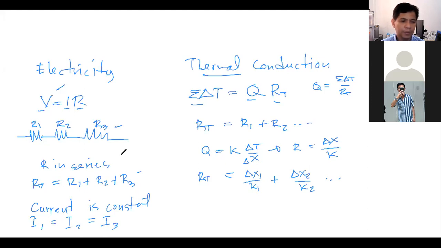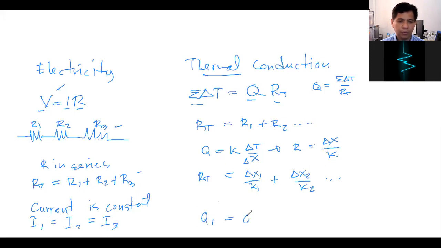Tapos ang voltage naman ina-add, di ba? Itong current is constant, analogous yan sa thermal conduction. Q1 is equals to Q2 is equals to Q3 is equals to Q. Ganun lang. I hope you're getting what I'm trying to explain. Okay, so